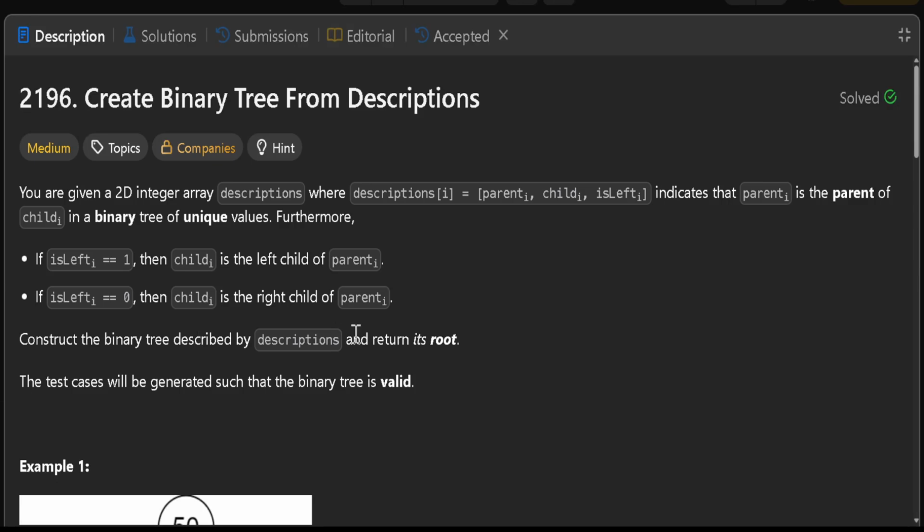Hello everyone, welcome back. In this video, we are going to understand the LeetCode problem number 2196, Create Binary Tree From Descriptions. What is descriptions? It is an array. We are given a 2D array called descriptions, where descriptions[i] is nothing but a combination